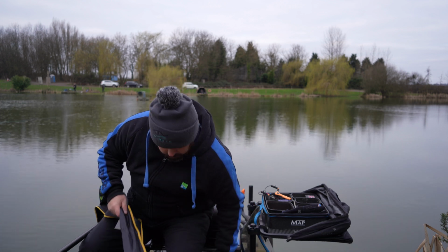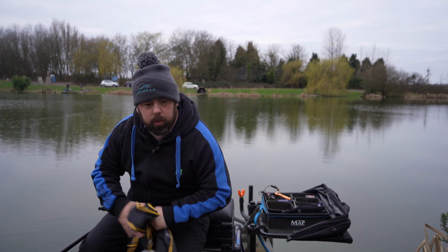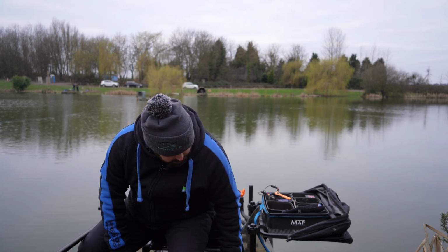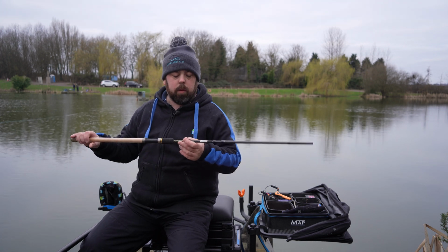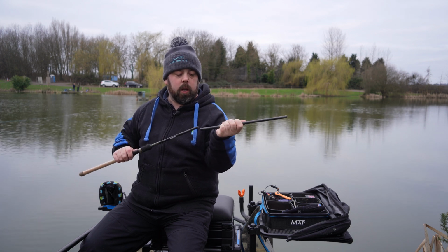Put those down there. So we've got nothing else in there. So, firstly, the butt section. Now, obviously, it's got that little foot addition